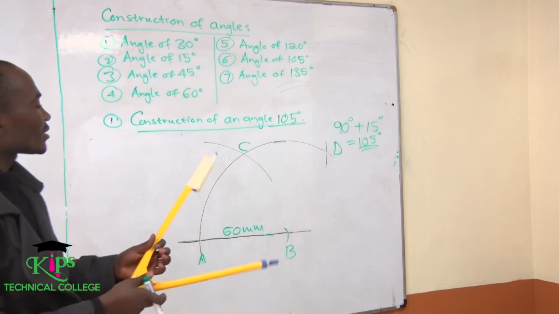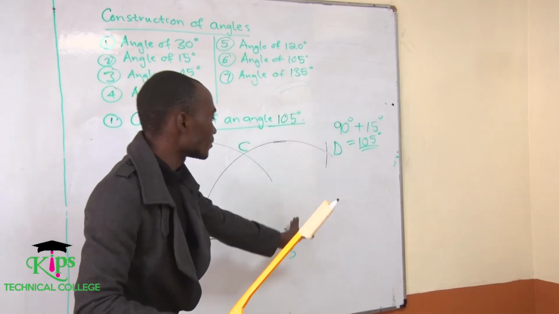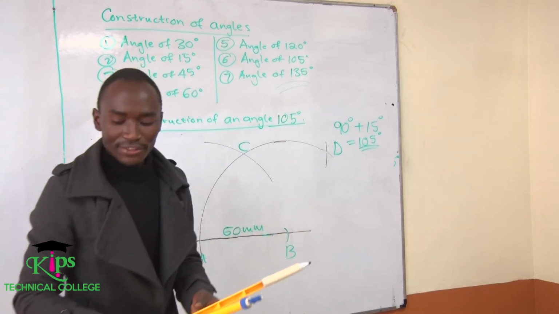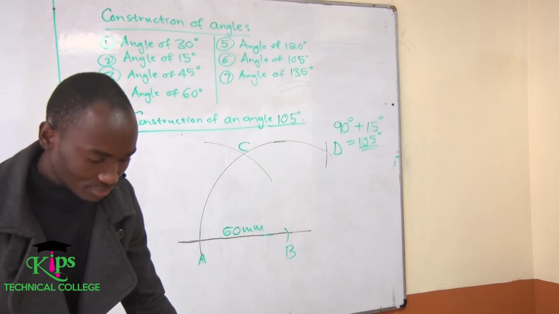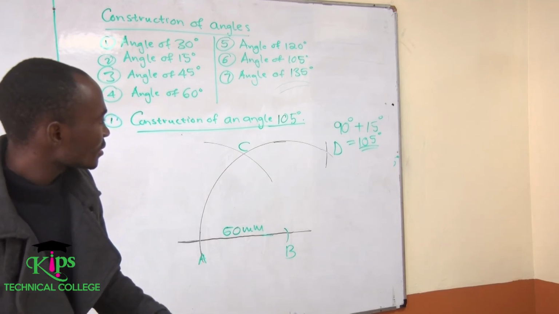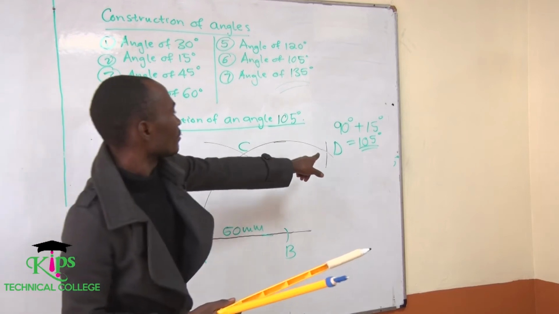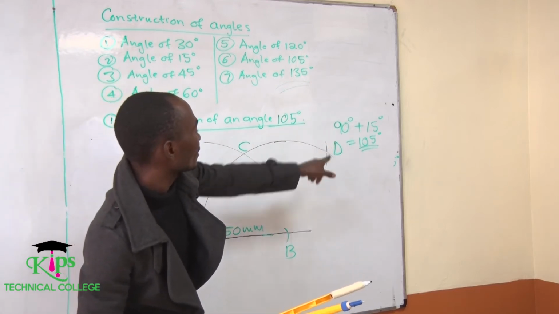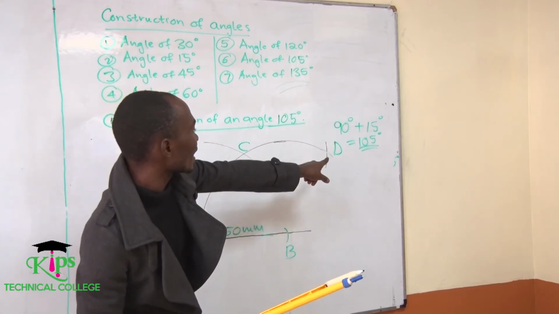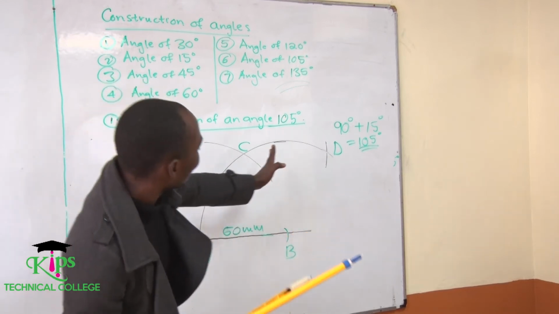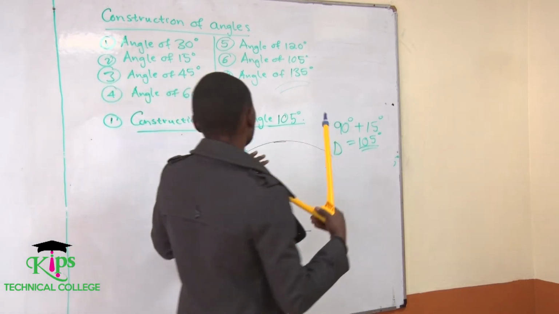So let's construct an angle of 90. So for instance, we want to get 105. So let me bisect this line, which is here,